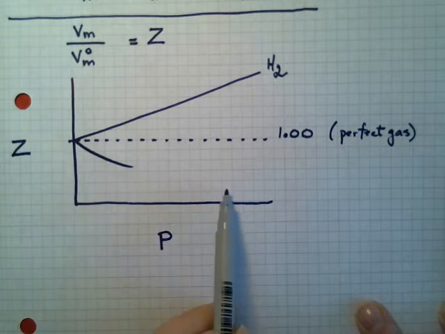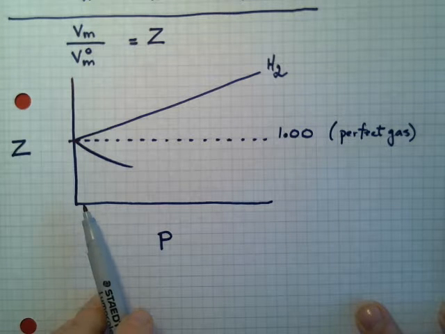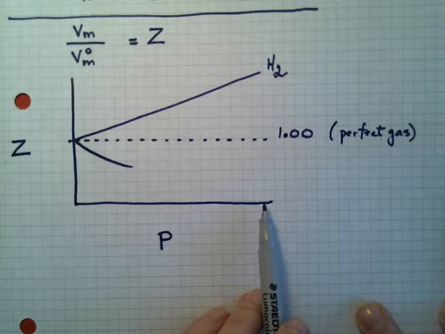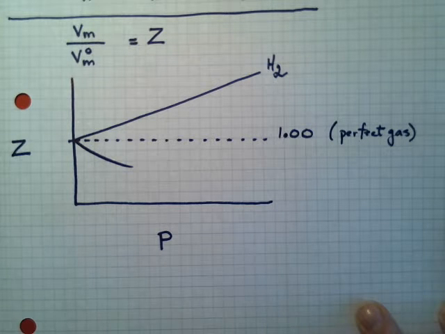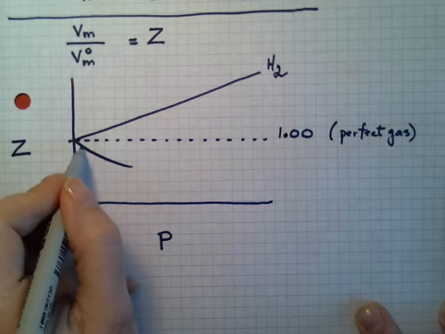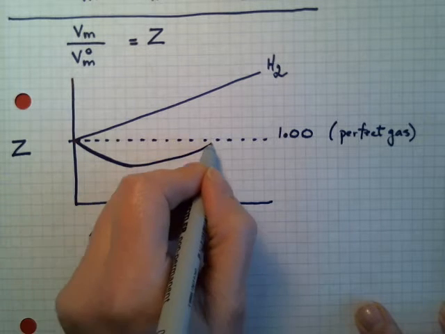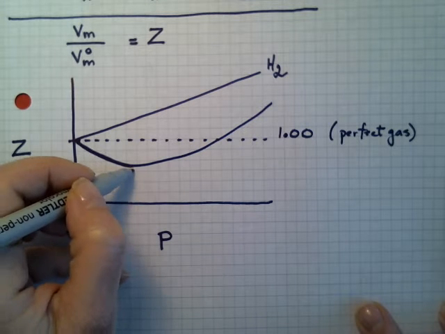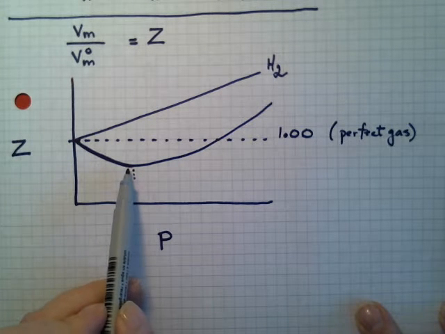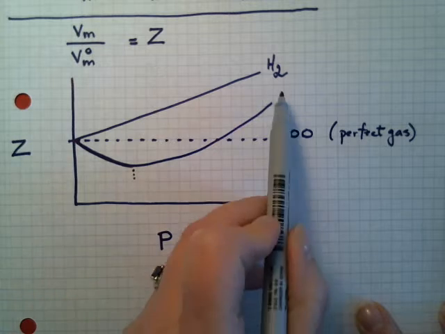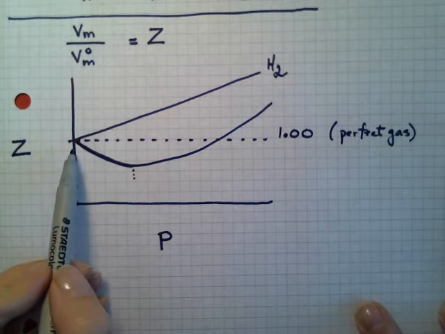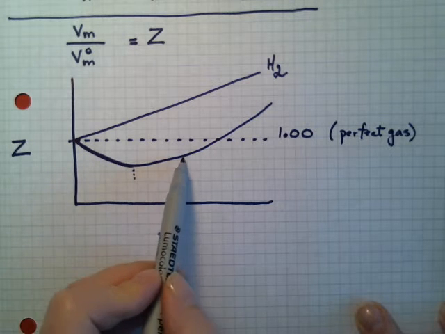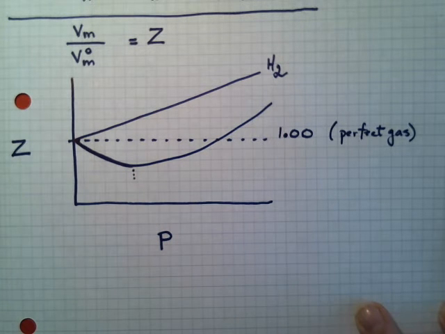But it can't keep descending, because think about it. If the pressure is getting greater and greater, at some point these molecules have to exhibit net repulsive forces. And so even for these, they ultimately do this. Okay, so to about here, net attractive, and then it starts going up. So for this, we have a compression factor less than 1, and then increasing to 1, and then finally